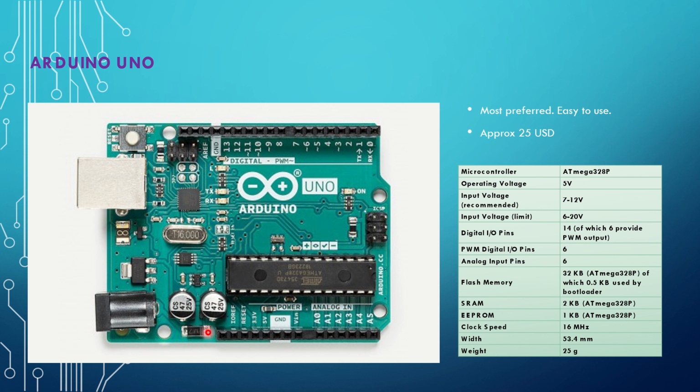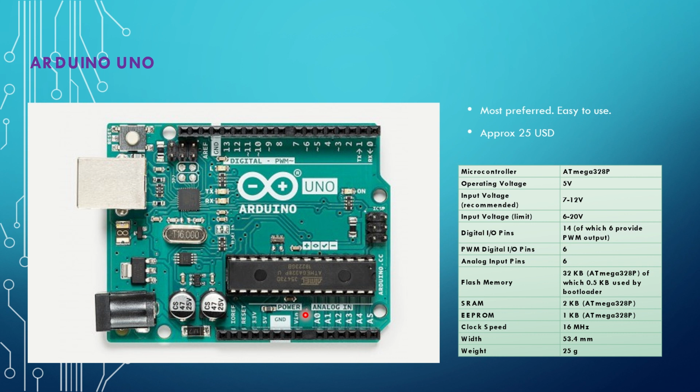And most important point, we've got flash memory of 32 KB, which is not a great amount of memory, but still it's good enough for you to go ahead and use it. Out of that 32 KB, 0.5 KB alone is used by the bootloader. You know what a bootloader is, right? It helps you in the booting process and it's pretty important for the system to boot up and to start working. As I told you, it's just 0.5 KB for bootloader.